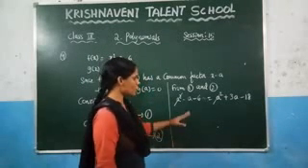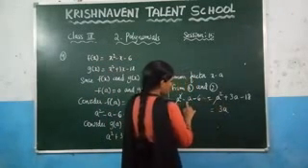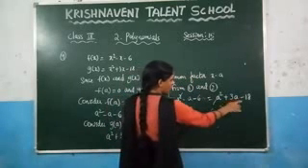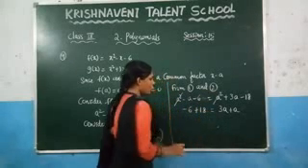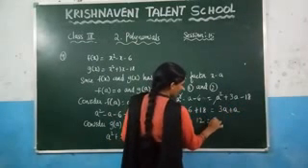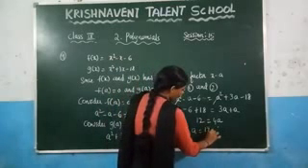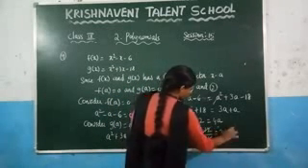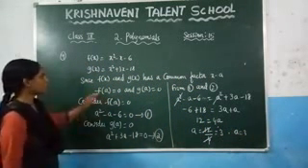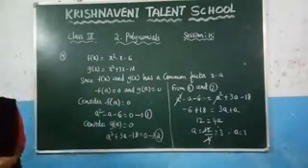Take all the variables to one side and all the numbers to the other side. So write it here 3a. If you take minus a to this side, it will become plus a. And what is the number which is left out here? Minus 6. If you take minus 18 to this side, it will become plus 18. Now here, what is the value of 18 minus 6? Which gives you 12. And what is the value of 3a plus a? Which is 4a. Here, what is the value of a, which is nothing but 12 by 4, which gives you here 3. Therefore, a is equal to 3. You need to find the value of a based on the condition that these two polynomials have a common factor x minus a. Now see the last problem in this exercise.